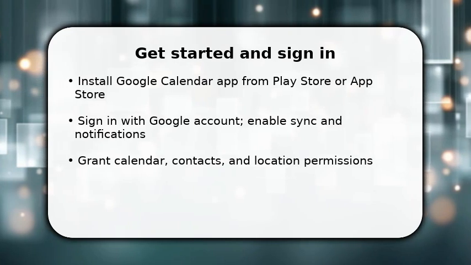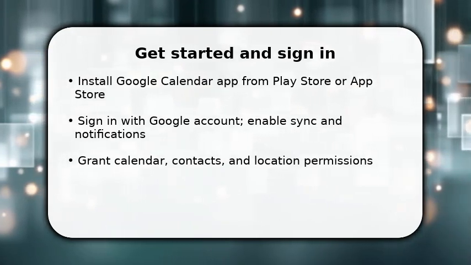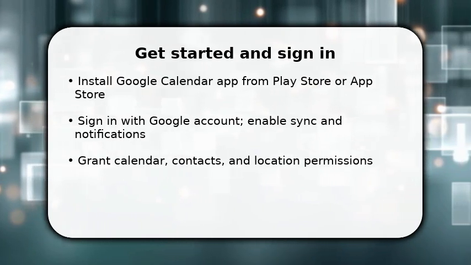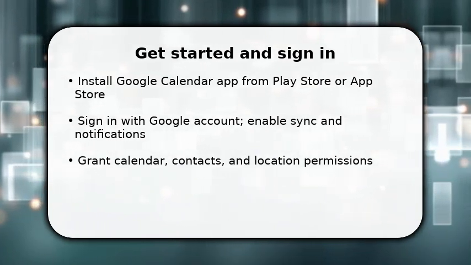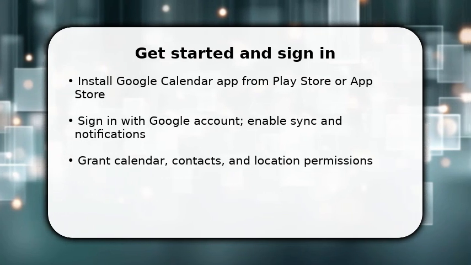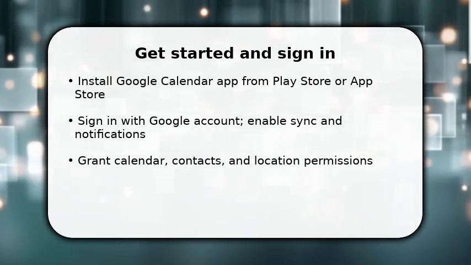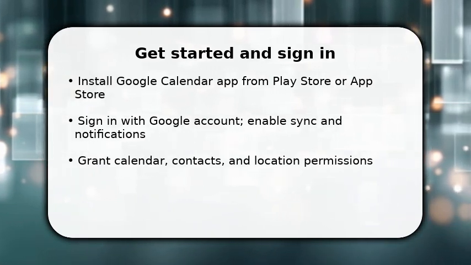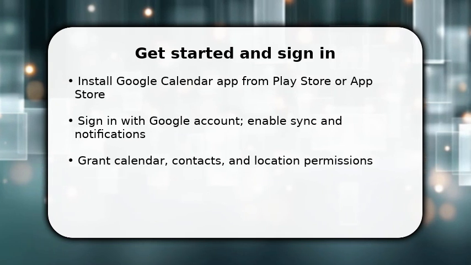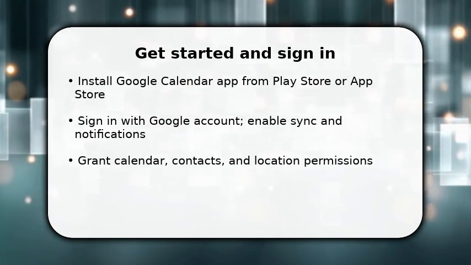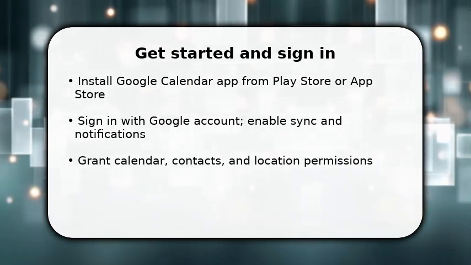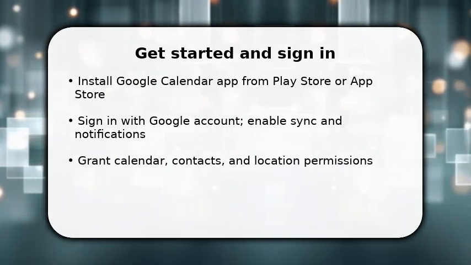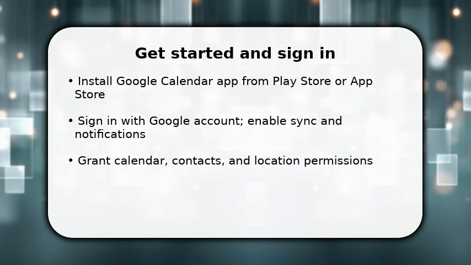You'll begin by opening the Google Calendar app and signing in with the Google account you want to use. Once done, make sure sync is enabled so events appear across devices. This prevents duplicates. Grant the app calendar, contacts, and optional location permissions so invites and maps work correctly. Next, set your default calendar and preferred notification type. This first set of actions gets your account and basic app behavior ready so you can start creating reliable events